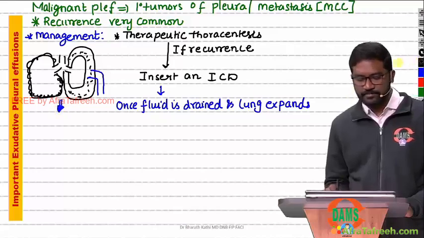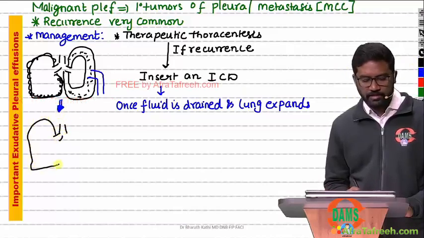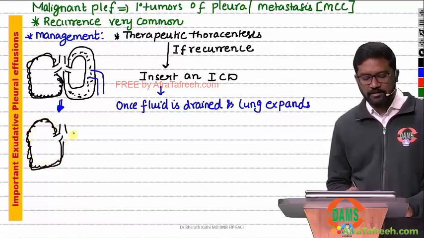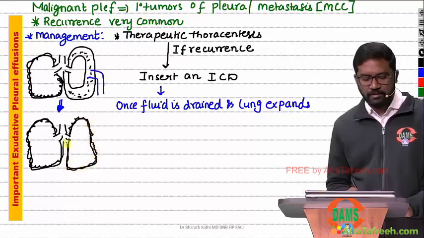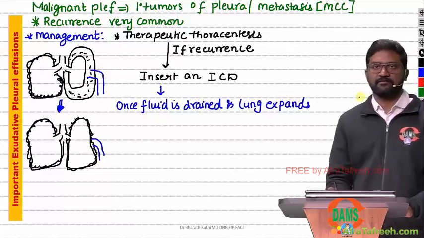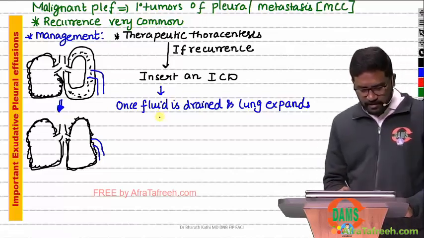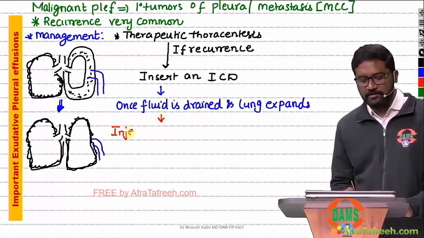Again, let this be the healthy lung and this is the diseased lung. It has expanded. And let this be the pleural membrane, and inside there is an ICD. Now once the lung is expanded, fluid is drained. Now through this ICD we have to inject